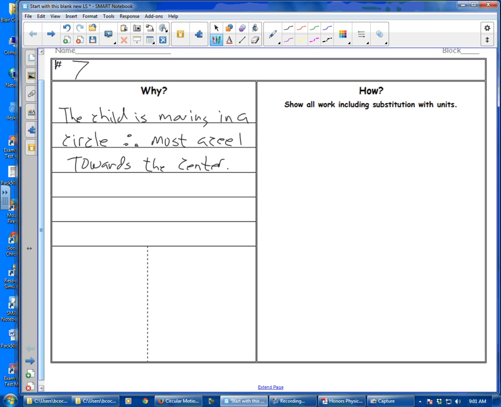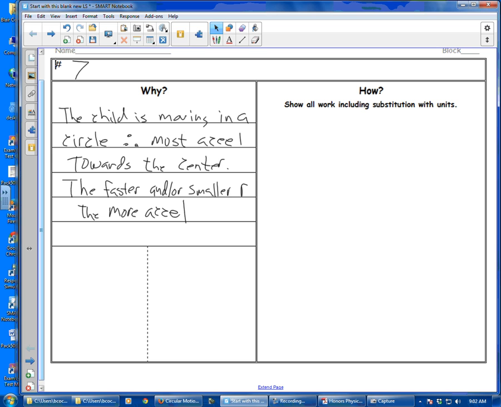I'd also probably put in there, to show I understand it, the faster and or smaller radius, the more acceleration. So if you move in a smaller circle or you travel faster, you're going to have more acceleration. And that's just because